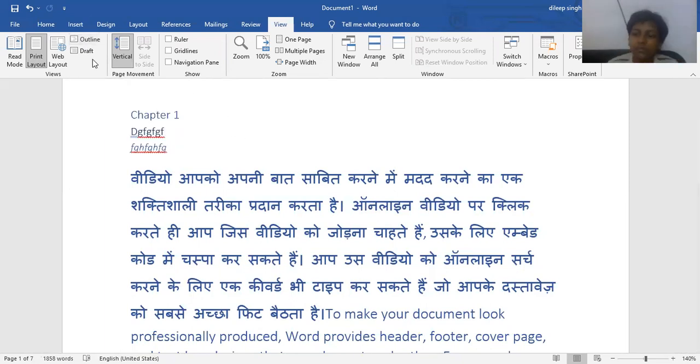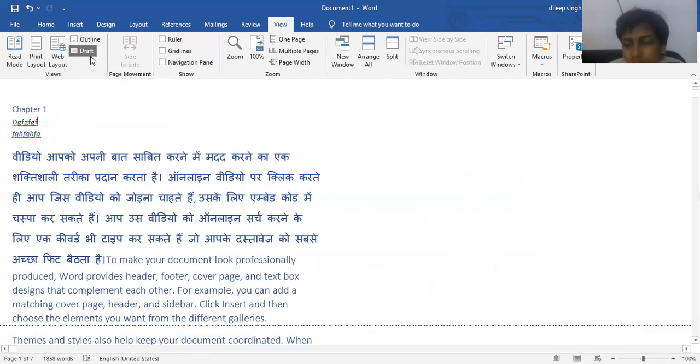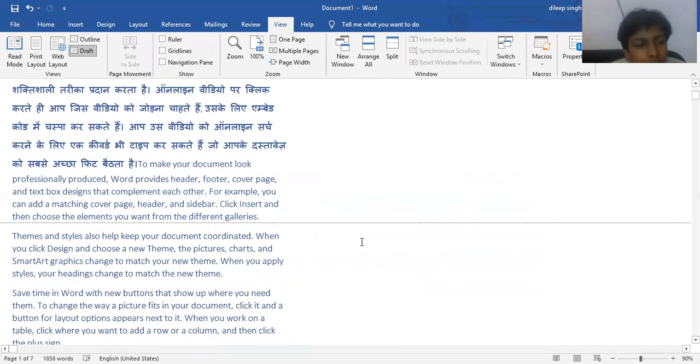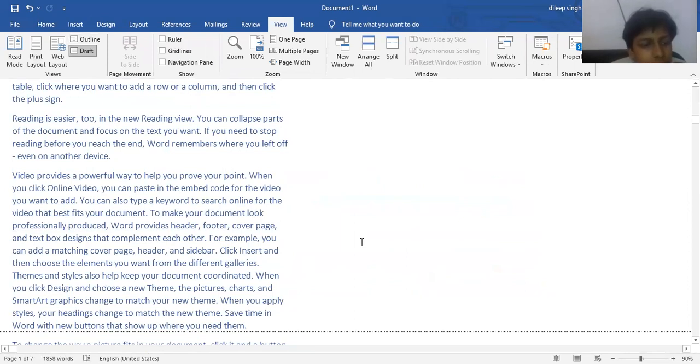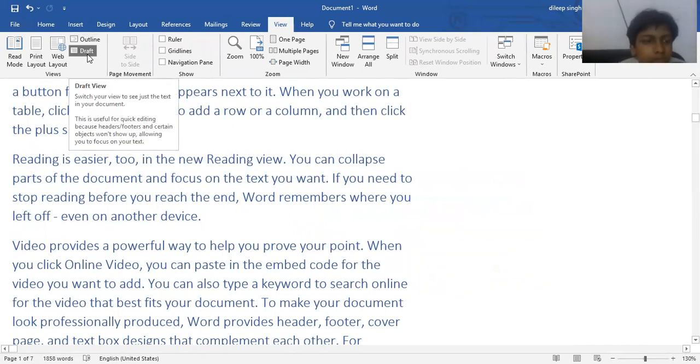And what is the use of draft? It will provide a simple document where you just type your content and there is no restriction of margins, outline, borders. It will be a very simple page where you just type your content and just analyze or study these types of view. Here also the objects are not appearing in this particular section. So in these two views, outline and draft view, there is no shape available or shown in this particular section or view.